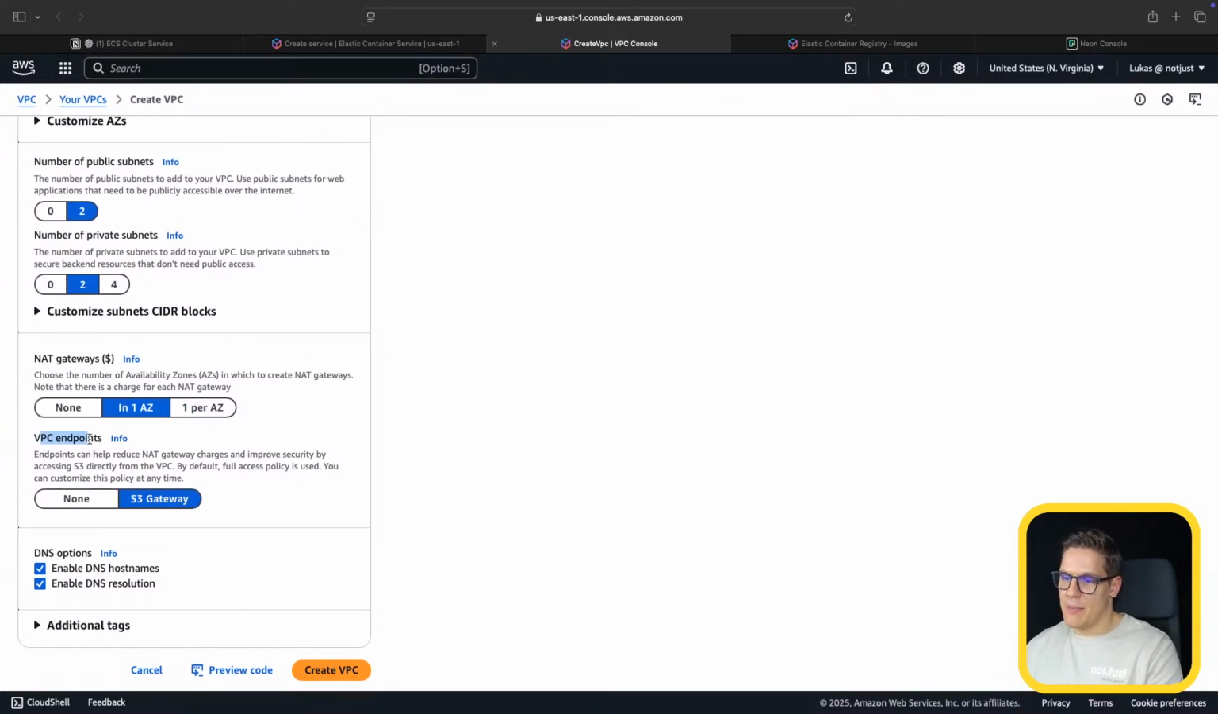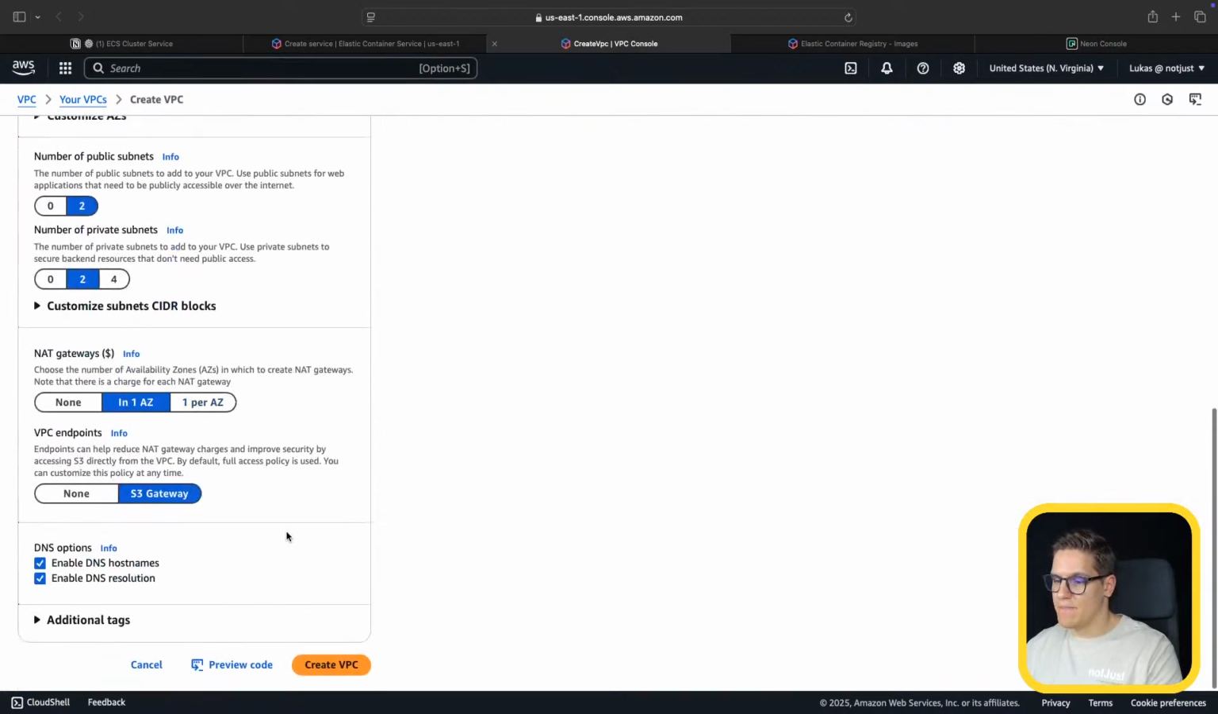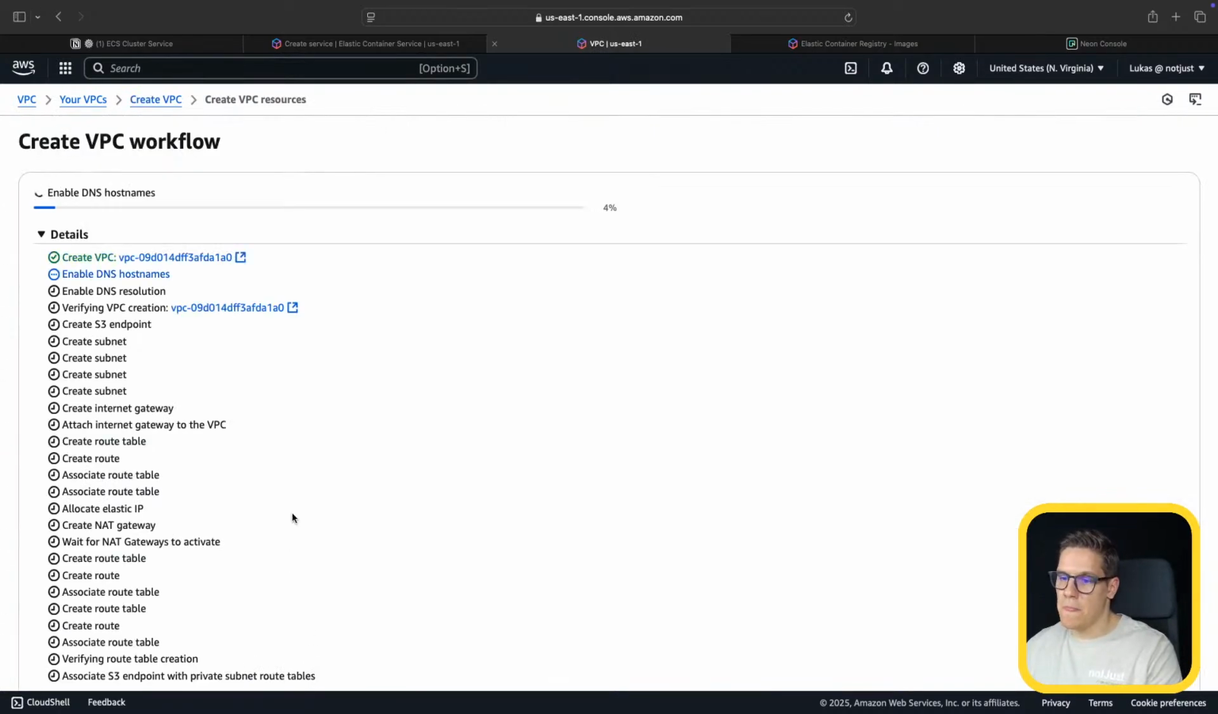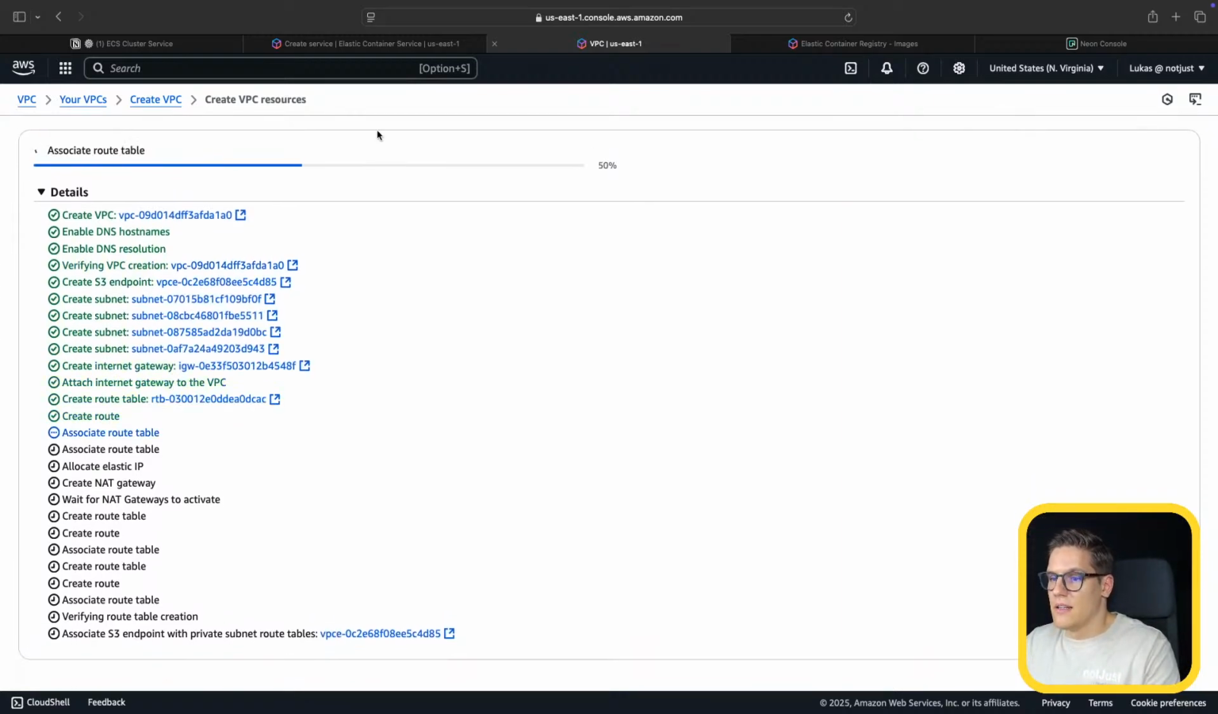Now for the VPC endpoints, we will keep it as S3 gateway. And for DNS options, we should keep both of them checked. Once you have all of that created, just click Create VPC. And now it will take some time to create it. So while it's creating, we